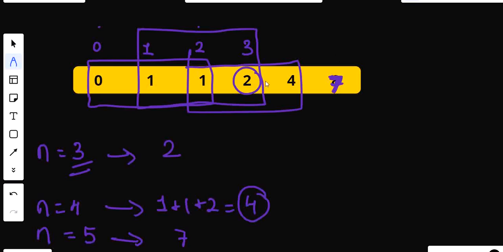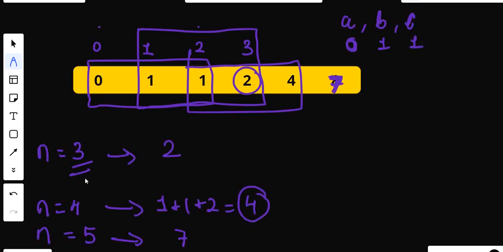But as we can see that we only need previous three numbers in order to calculate the upcoming number. There is no need of creating a data structure greater than that, right? So if we know that we only need three previous numbers in order to calculate the upcoming number in the series, then what we can do is we can simply keep three variables named a, b and c, and we will keep on updating these a, b and c. So initially they will be equivalent to 0, 1 and 1.